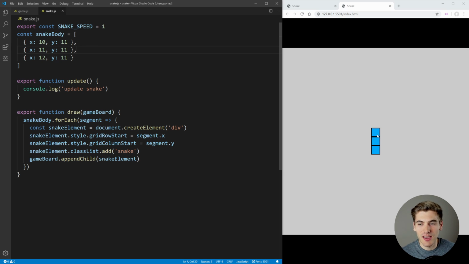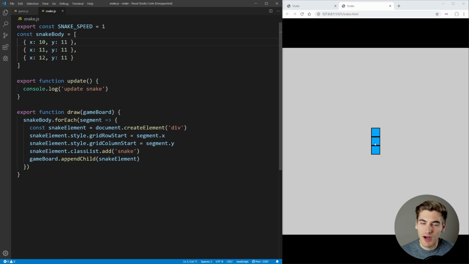But what if the snake head moves to the right? Well, we don't want to move all of the body pieces to the right, because if we made our snake move all of its body pieces to the right, it's not going to look right. The snake would move as a whole piece, when in reality, it's supposed to follow its head around. So an easy way to get around this problem is we move the head to the right one,